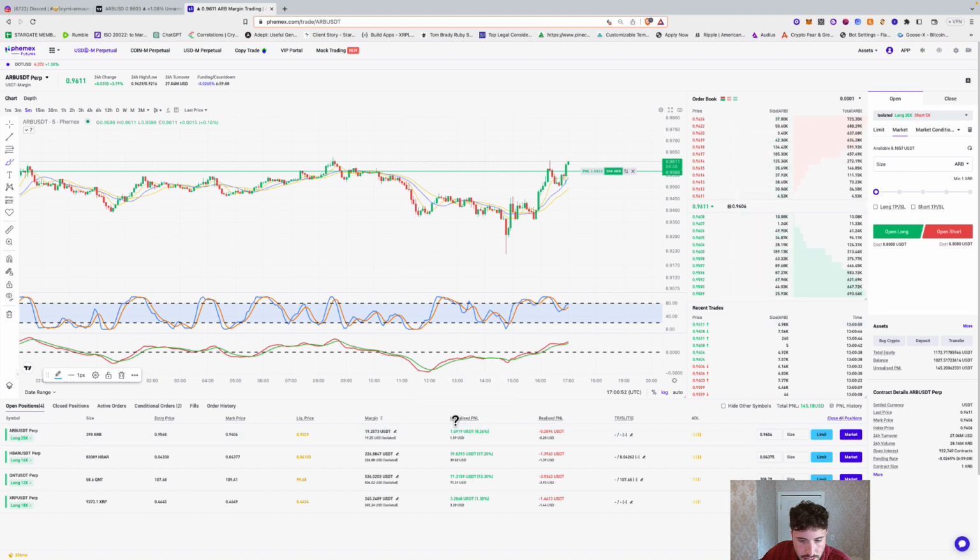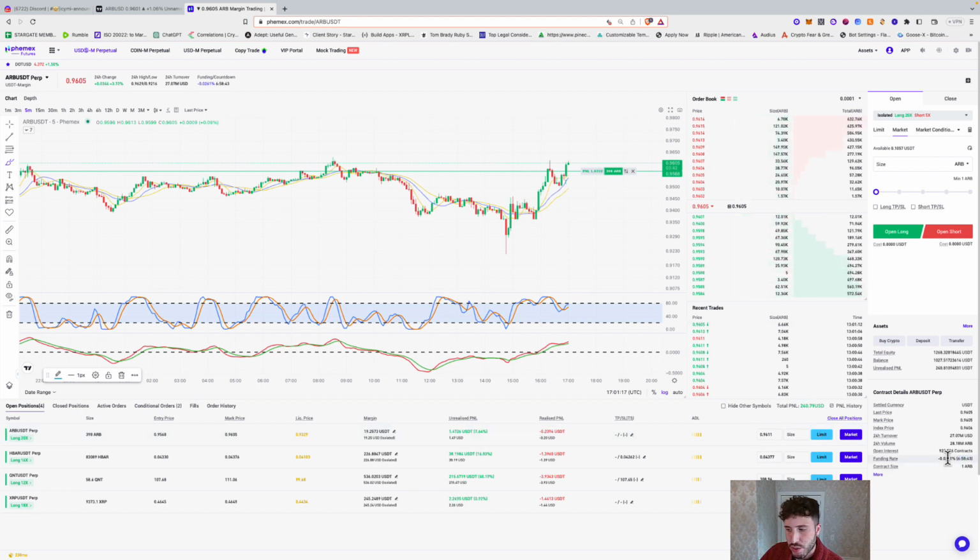So this is your unrealized profit because it's unrealized because I didn't sell out of it and get the profit yet. So this is how much you're up at the given time. And this is your realized P&L. If I were to market close this position, it would say my realized P&L is $1.80 or $1.60 because minus the fees. Because every